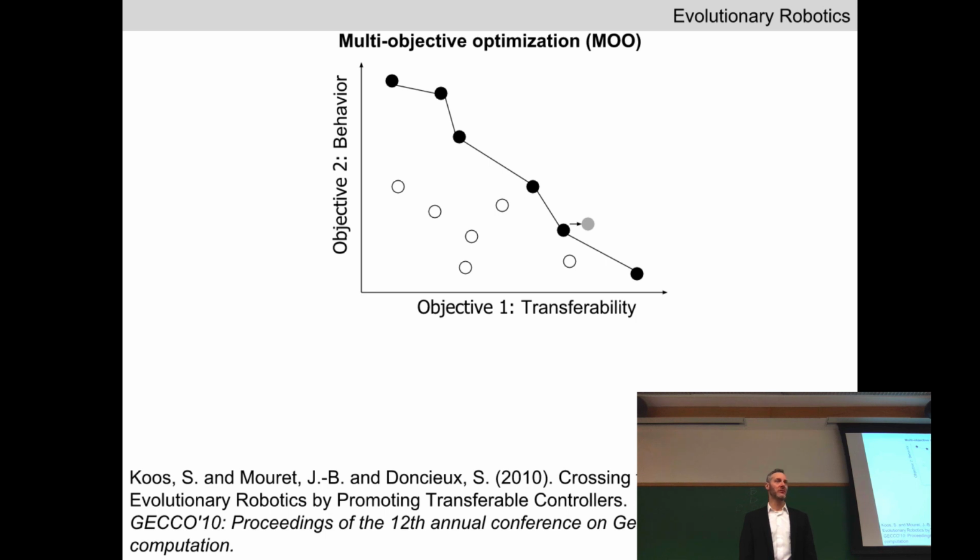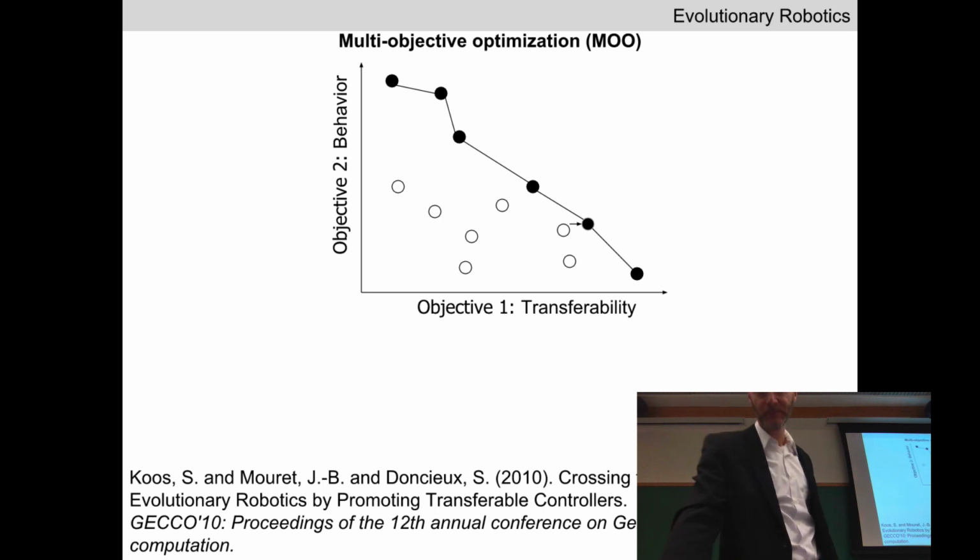Which of these 2 individuals, if either, survives? The new one, right? Evolution is harsh here. The new individual dominates the parent. Parent is deleted, and the child survives. And the front marches a little bit towards up and to the right. So you can imagine this process. If you were to visualize evolution proceeding, this front is going to march up and to the right over time.